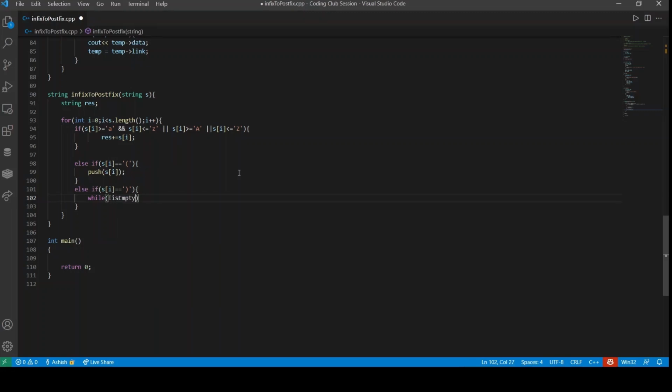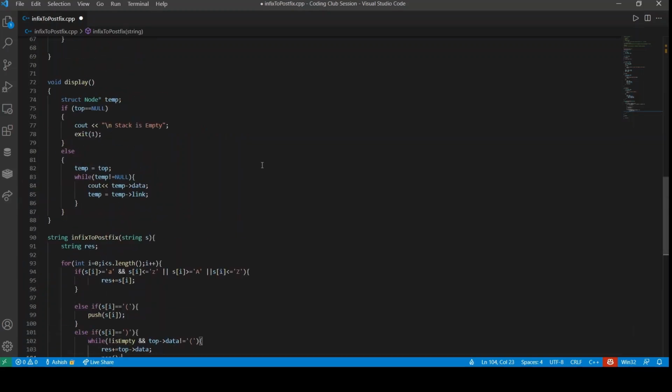While it is not empty, and while the data of the top is not equal to opening bracket, we'll append the data of the top to the result and then pop.